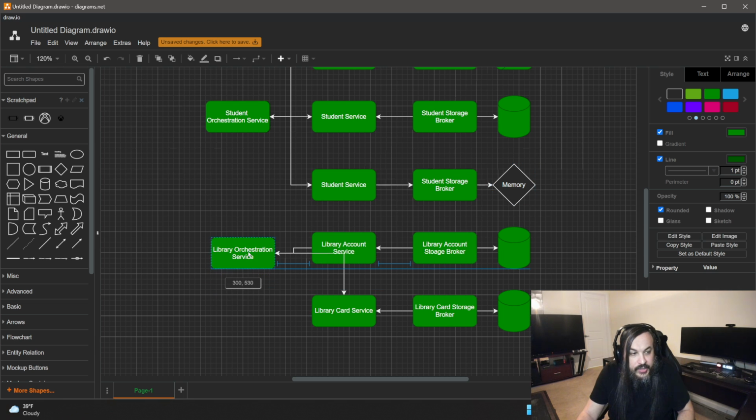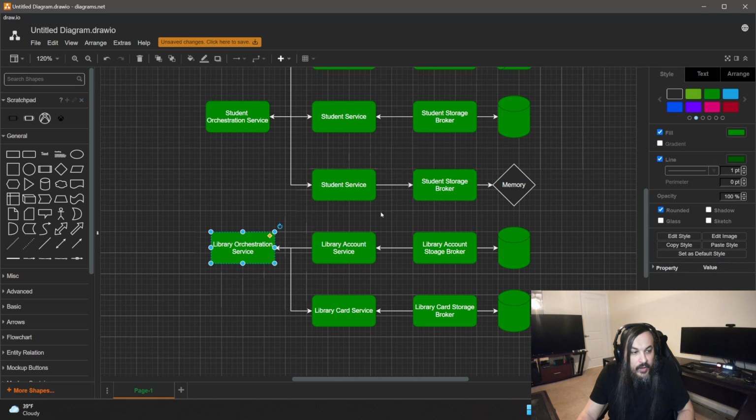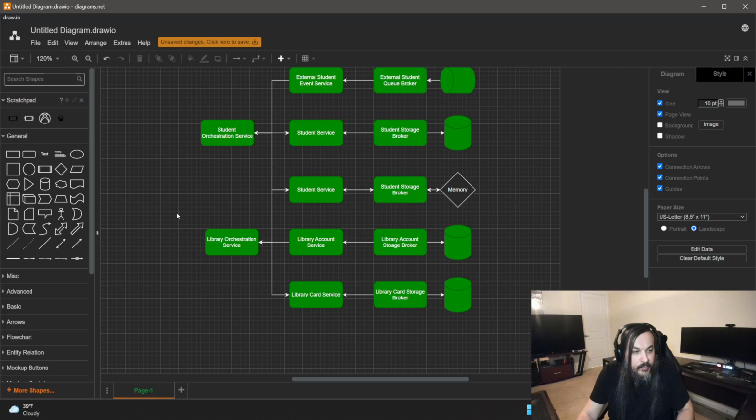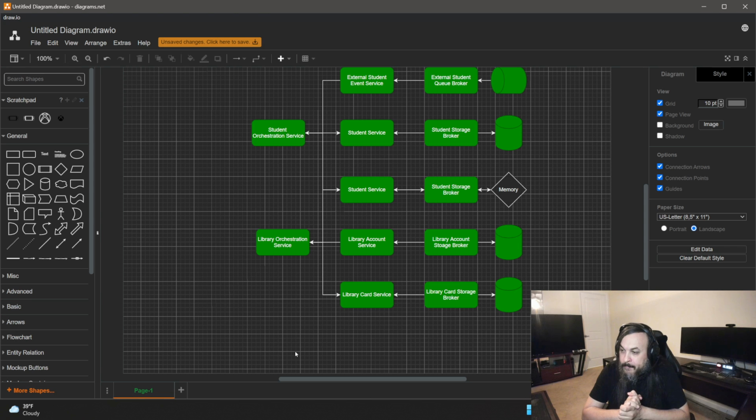And then this orchestration service here, its main responsibility is that it's going to say, I want to subscribe to that event. So the direction that's going from here to here is going to go in this direction to subscribe and publish events. You see, this solves exactly the very same problem, right? The only difference here is that your library orchestration service will receive a student model, will create the library account, and then will push that library account downstream to a library account service, and then it will push it downstream to a library card service.